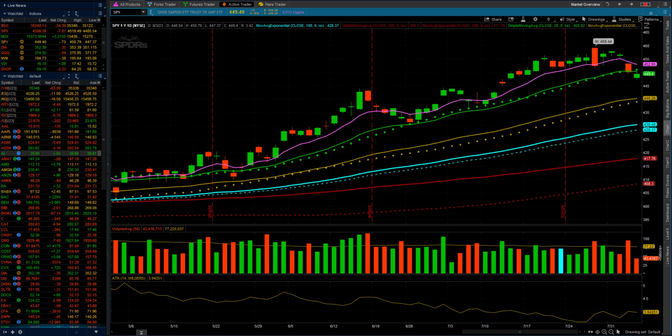Before I get to that, I just want to update you on the ROKU trade that we reviewed in yesterday's video and also talk about some key levels to watch in this overall market here for the next couple of days. Looking at this daily chart of SPY, this is the S&P 500 ETF,